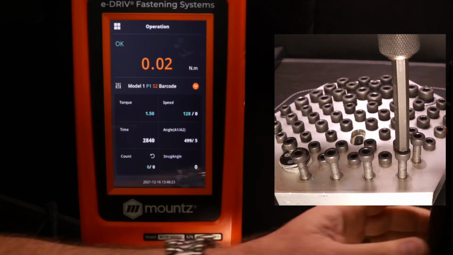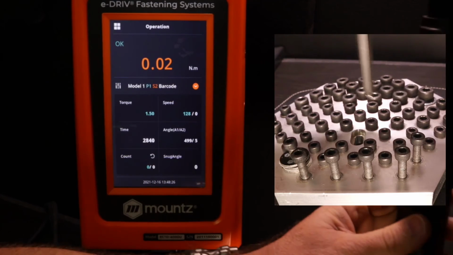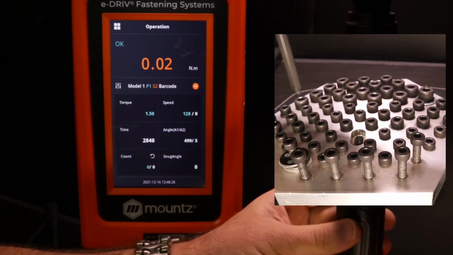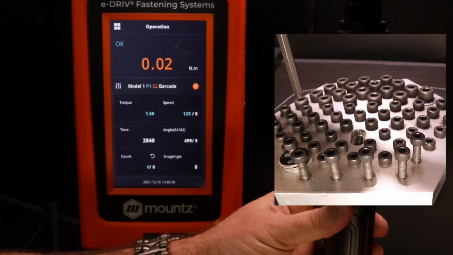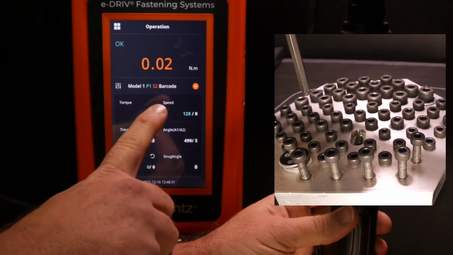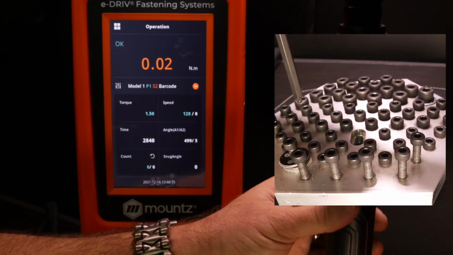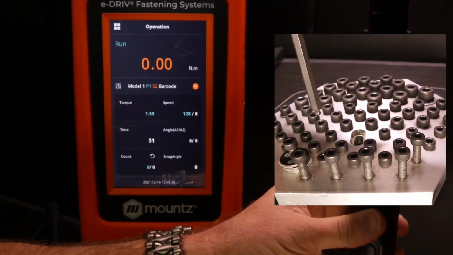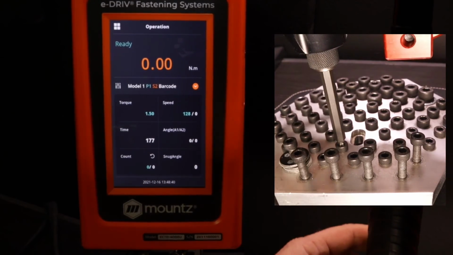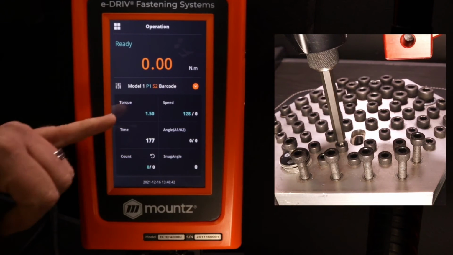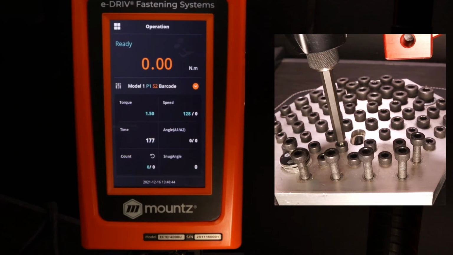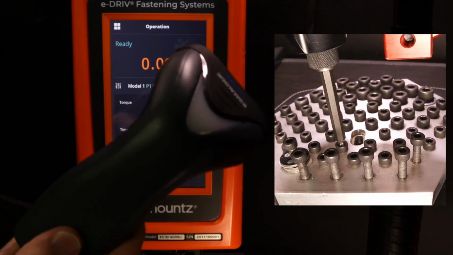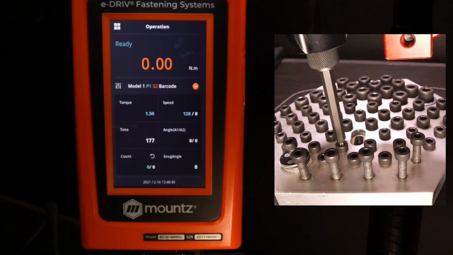And so now at this time, we've set all the fasteners, and so our next step in the model is to scan our barcode. And so in this case, I don't have any power to the tool, so the tool is inoperable right now until we scan that barcode. And so I have my barcode scanner that's hooked up to the RS-232 port, and once I scan the barcode